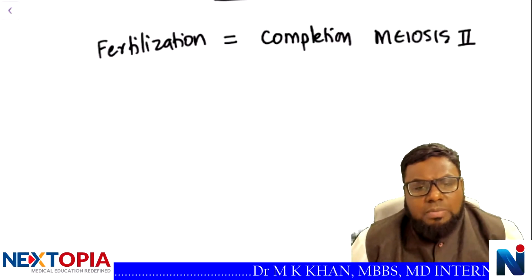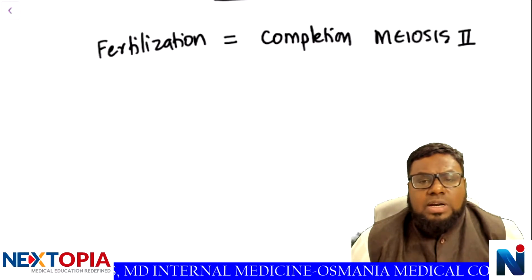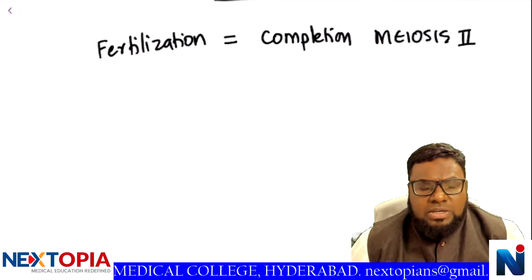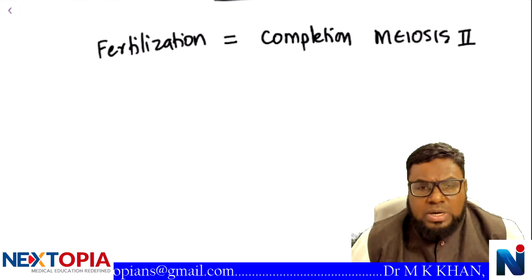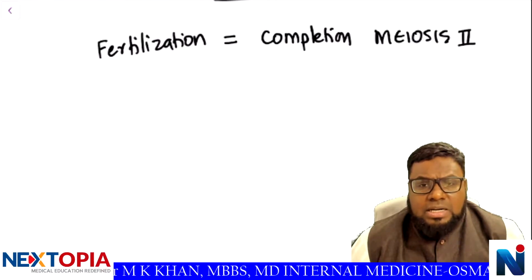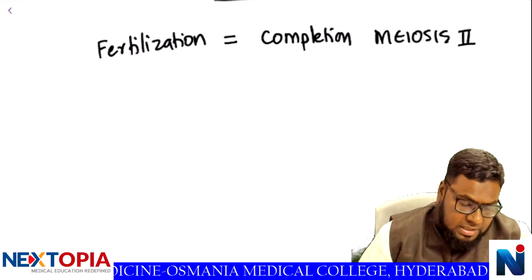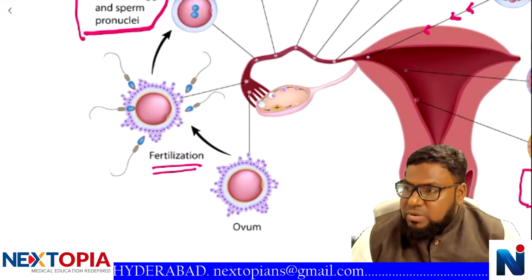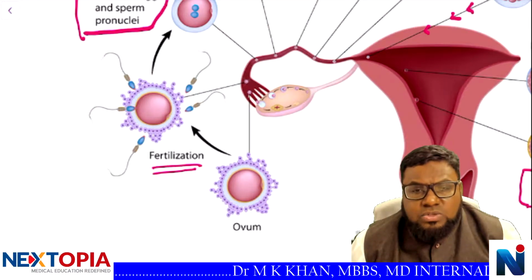Meiosis 2. Please remember that a few hundred sperms which got capacitated are in the fallopian tube and uterine cavity for 72 hours after sexual intercourse to fuse with the ovum. But only one sperm is able to enter or pierce the ovum. If you can see, multiple sperms are surrounding this ovum, but only one can fuse and enter into the zona pellucida,